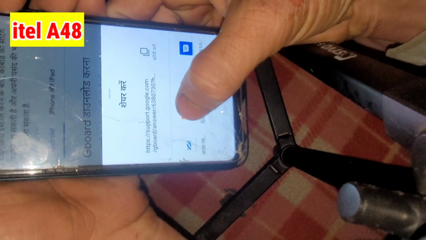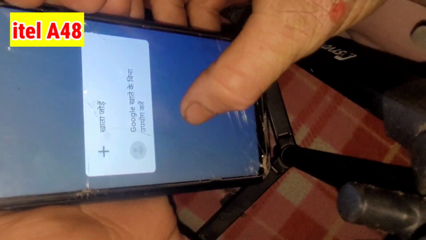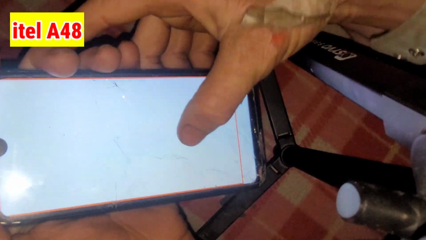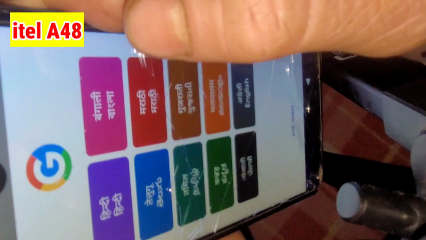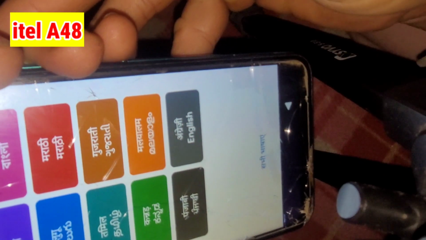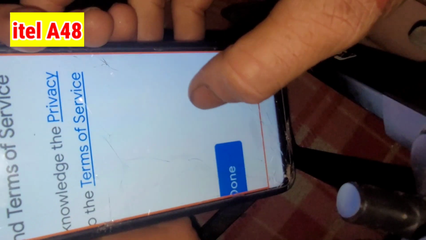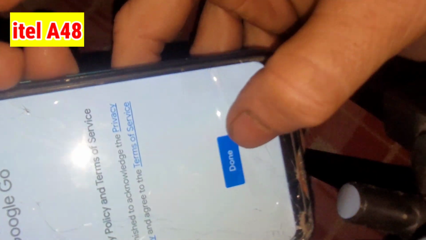Click on Google Go. Use without an account. Select the language, English language, and done. Click on done.